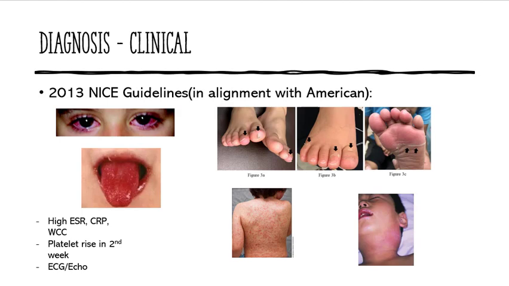Okay, so you should have paused and tried to guess what these are. Here we can see bilateral conjunctivitis, and that can occur in 80 to 90% of people. Usually there isn't any exudate. Here you can see what we call a strawberry tongue appearance. They may have changes in their oropharyngeal mucous membranes. You might see some enanthema, and an enanthema is an ulcer or eruption in the mucus secreting surfaces inside the mouth. So you might see ulcers there.